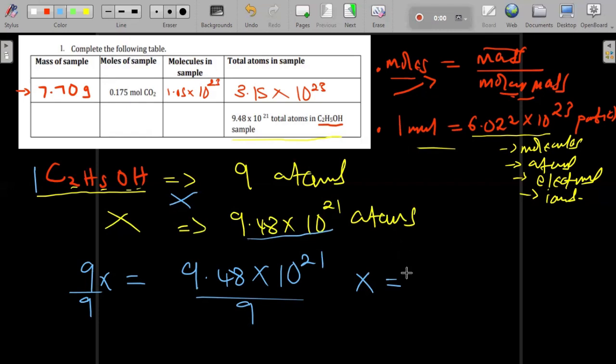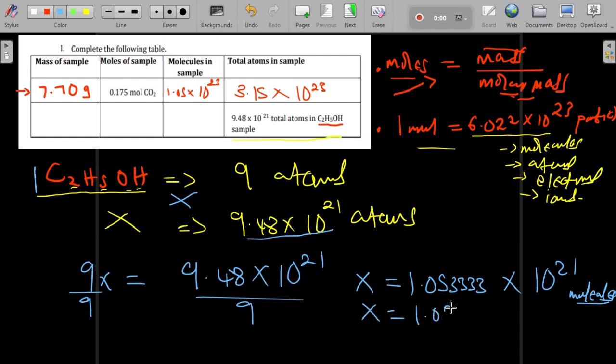Okay, so it's giving me 1.053333 times 10 to the power 21. Now these are what? Molecules. We've converted those atoms to molecules. So these are molecules now. We can round this off to 3 significant figures. It's just going to be 1.05 times 10 to the power 21 molecules. This is the value that I'm going to get, and then I'm going to write it here in the molecules column. So it will be 1.05 times 10 to the power 21 molecules of this